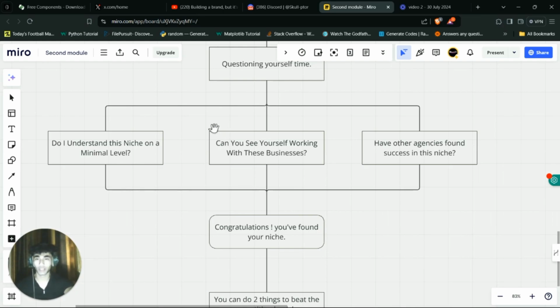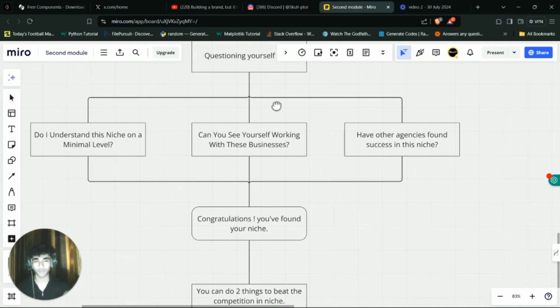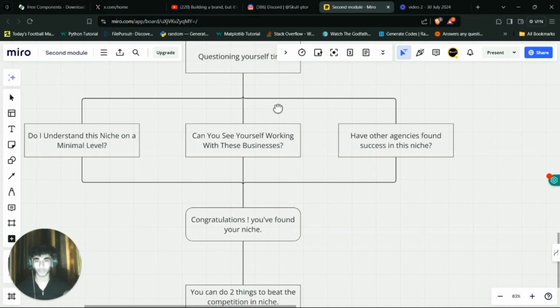Now, I personally love the fitness niche since most of the people are badass. They are jacked and they talk pretty well. So I'm like, yeah, these are the kind of people I want to be working with. Now, I personally can't work with climate activists, for example, because they talk stupidity and I can't be around stupidity. So make sure you have that level of tolerance and understanding of their niche.